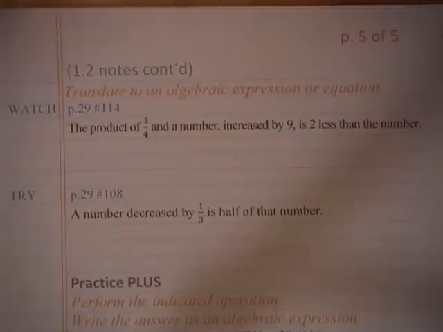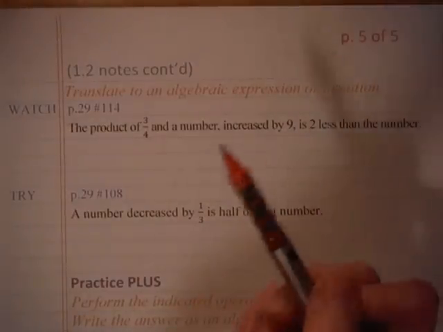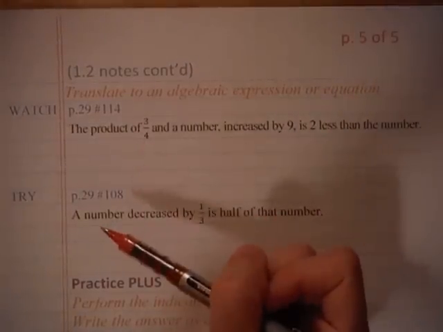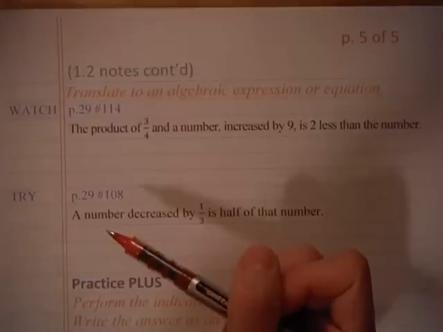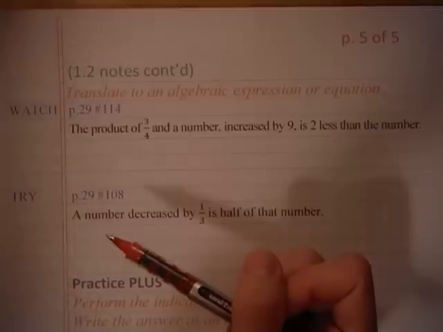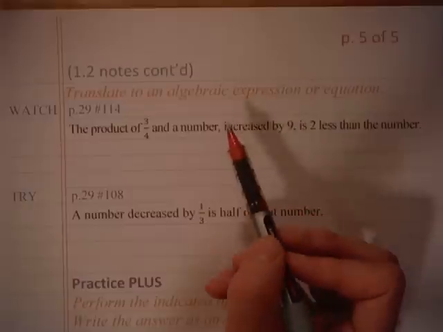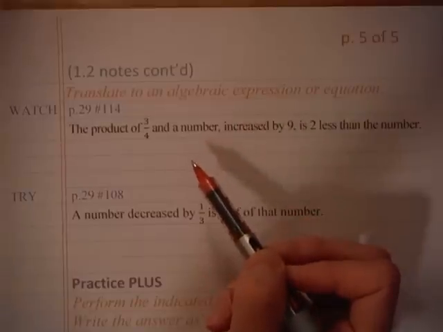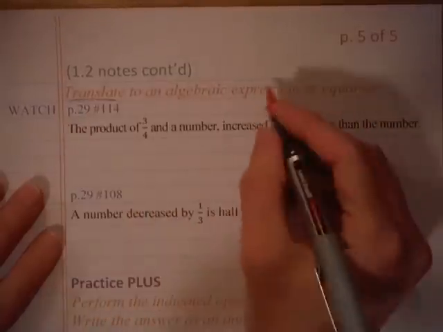Alright, we're here at our last page, page 5 of notes for section 1.2. We've been working with fractions this entire section. We started to involve variables on our last set of examples by using fractions and an equation that had variables, and we evaluated whether or not a number was a solution. Now we're going to involve fractions with something else we've done previously, and that is to translate to an algebraic